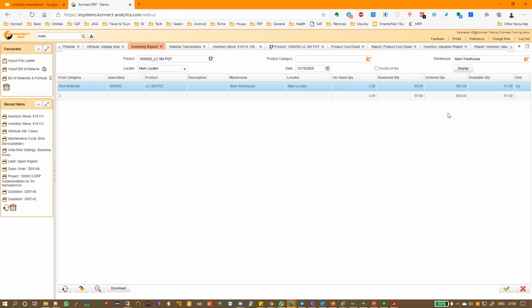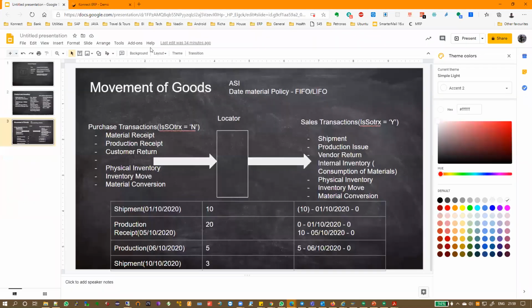Ordered quantity is nothing but whatever quantity is ordered and waiting to come into the locator. Understood? You may make a PO, it will put it in the ordered quantity, but there won't be anything in the locator. It's just an indicator in inventory saying that this is going to come in. When I do a material receipt, it will bring the physical quantity and it will reverse the ordered quantity.